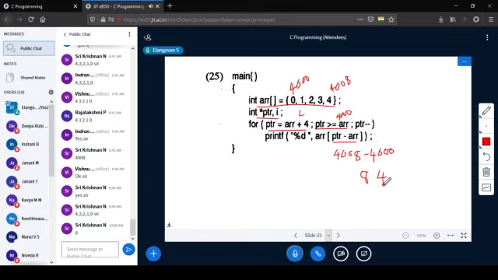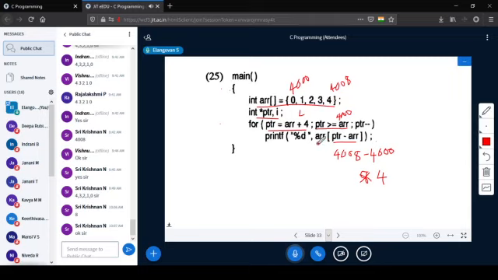Correct? So 4, ARR of 4. So first one is ARR of 4. ARR of 4 is 4. So that is getting printed.